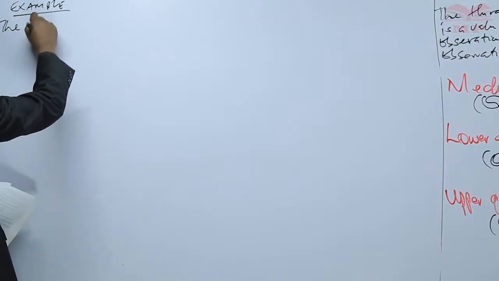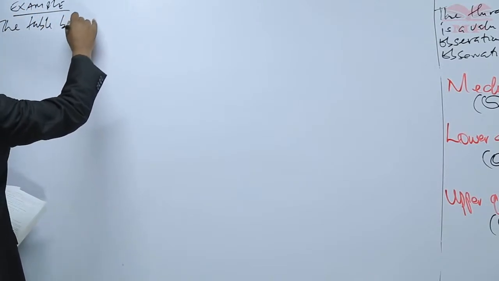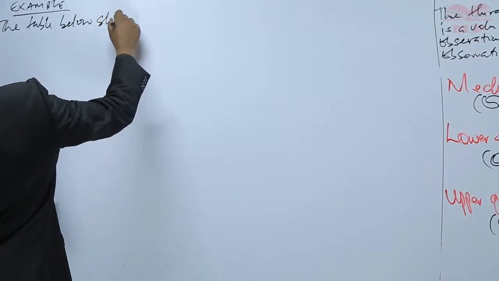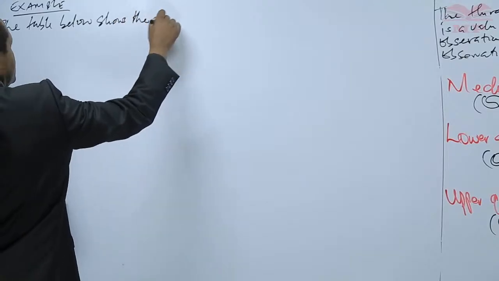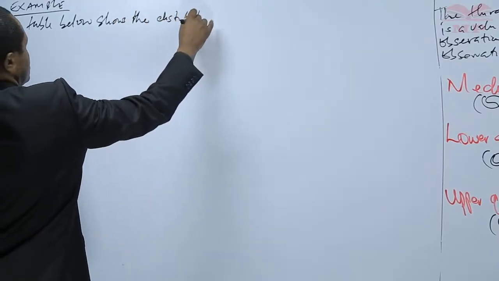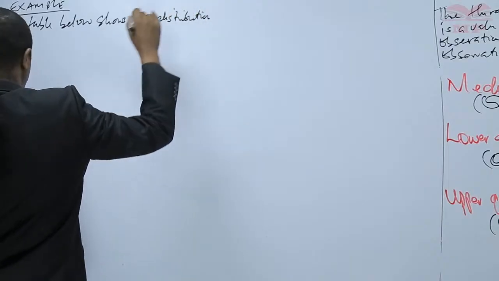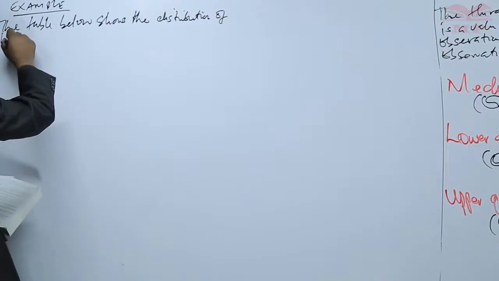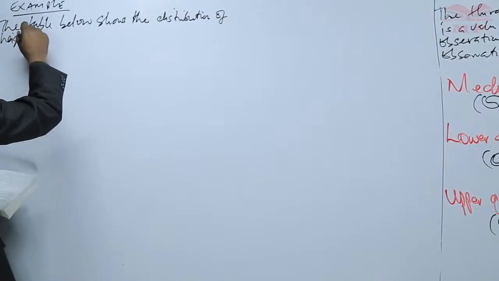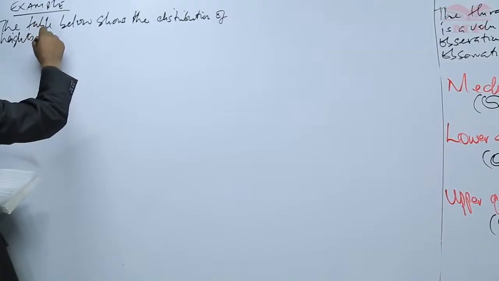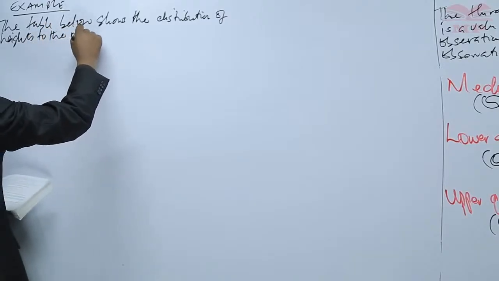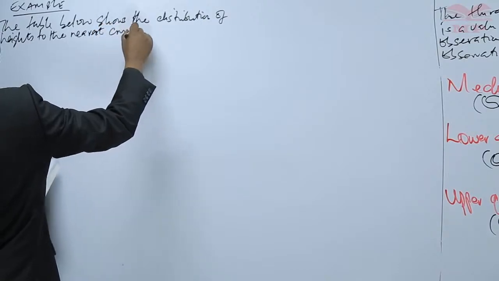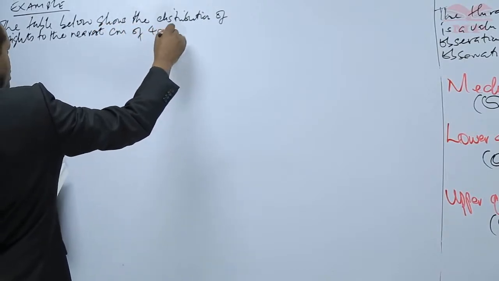The table below shows the distribution of heights, to the nearest centimeter, of 40